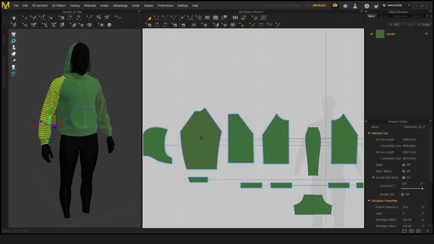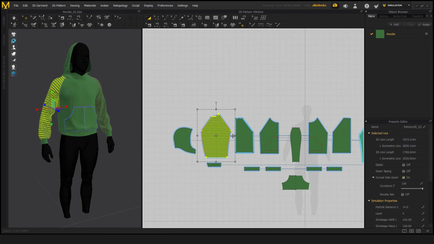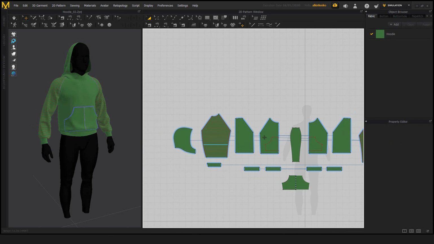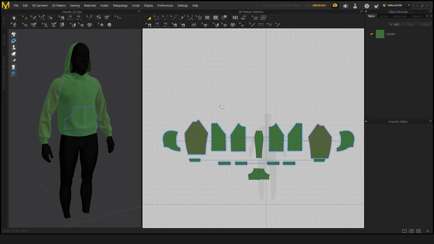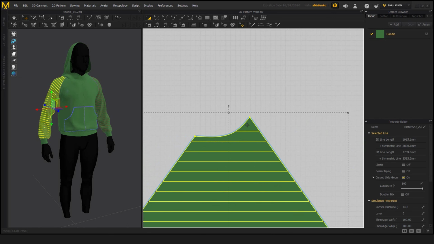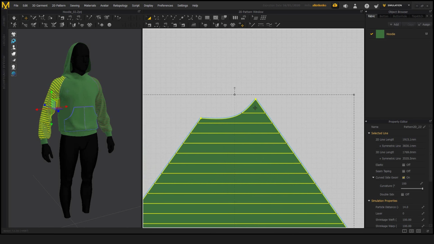So the only way to do that would be to select it this way, and this also selects all the lines. But if you want to do it quickly without zooming in and then clicking on an empty space, the program actually allows you to